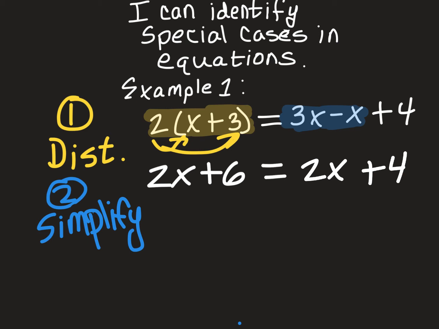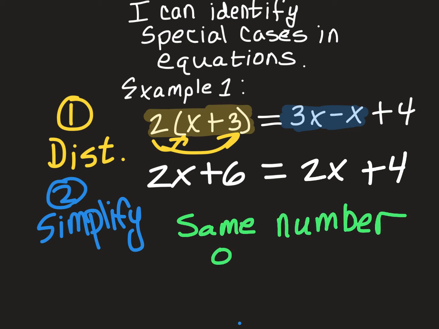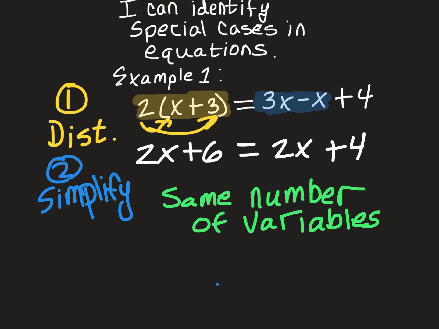Here, we've got the same number, write this down please, of variables. What do I mean by that? We have 2 x's in this case, so I'm going to put that in parentheses on each side, right? So we've got the same number of x's, but they are paired up